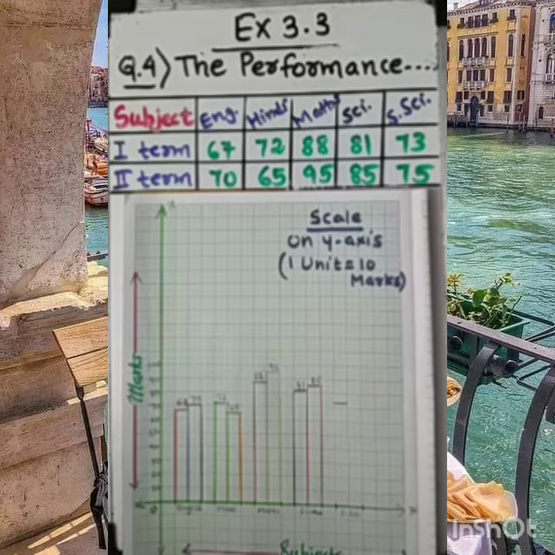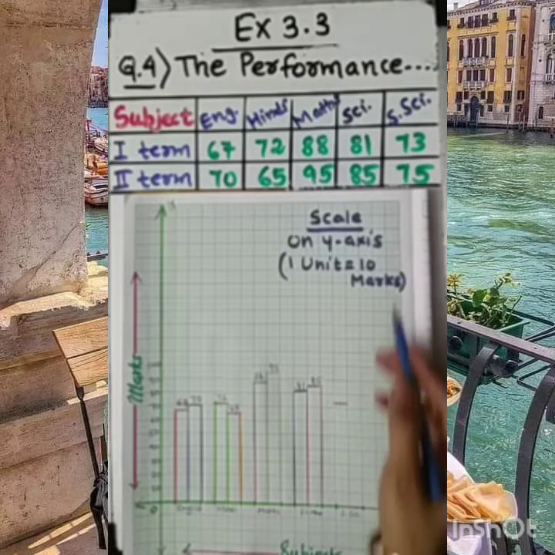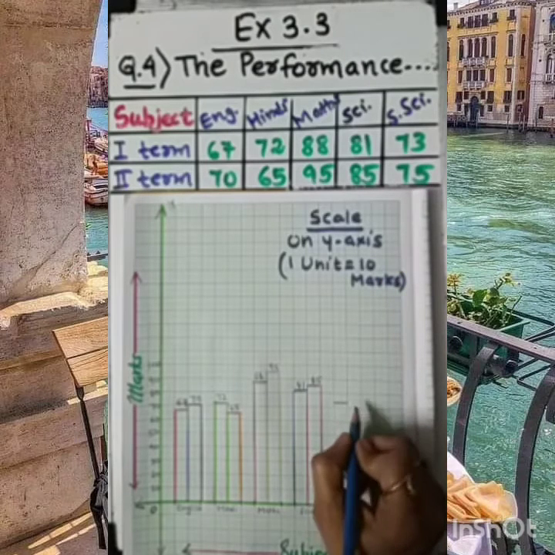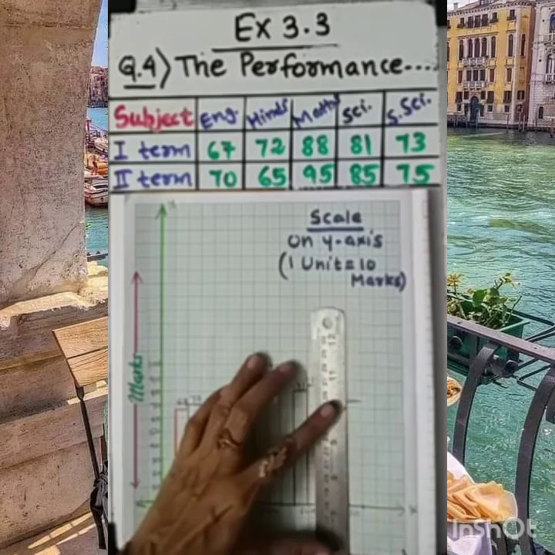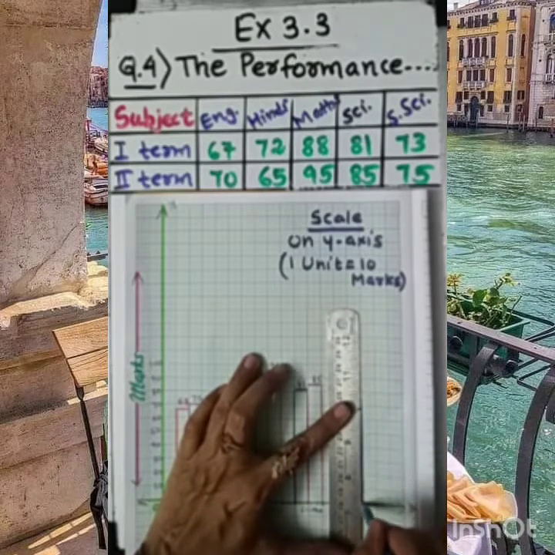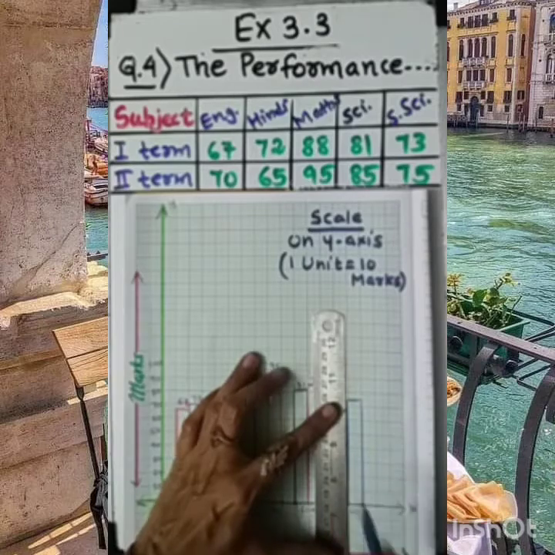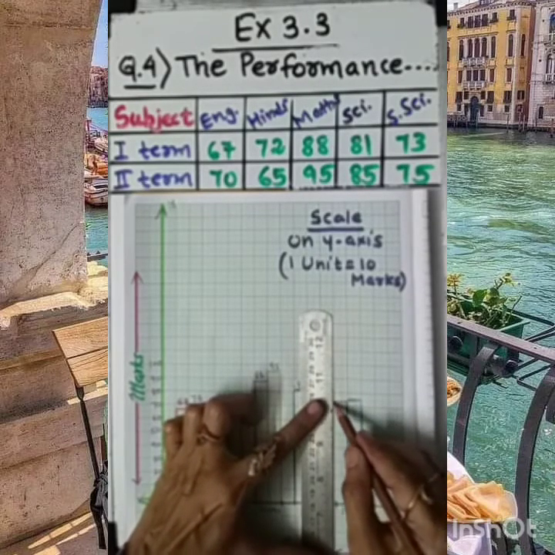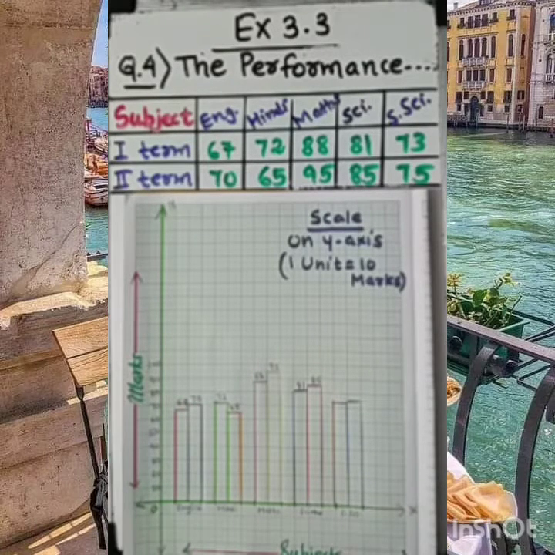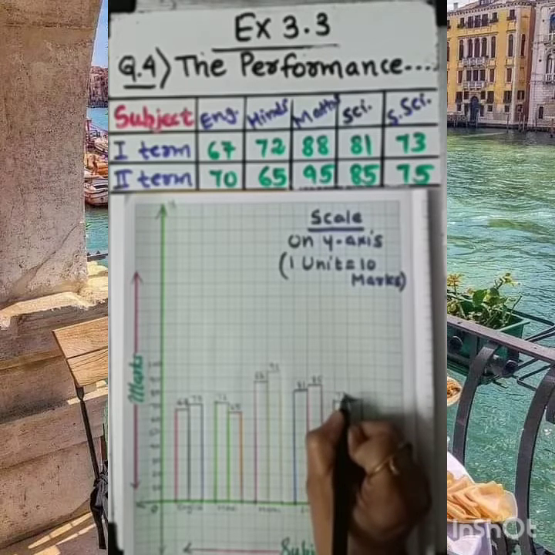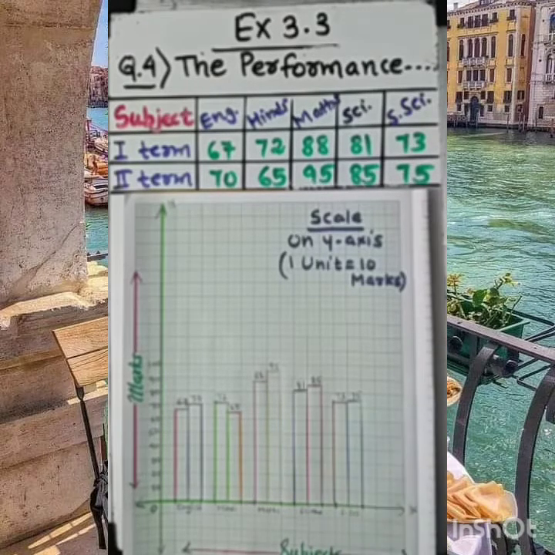That will come just nearest to that. Let me locate it, 85 over here. So 75, not 85. This is 75 here, between 70 and 80. So dear student, I am joining it and drawing on the bar here. So what it indicates, you can see all the way. This is the complete drawing of the double bar graph, and don't forget to mention here it is 73 and this is 75. Okay.